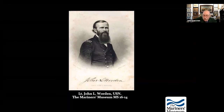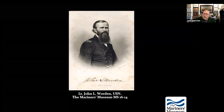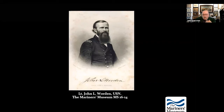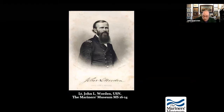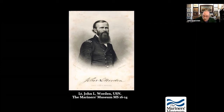And Worden's going to meet with Rear Admiral Samuel Francis Du Pont. And so Du Pont, he knows Worden knows ironclads better than anybody else. So he's going to select Worden to take his ironclad and to go and attack a Confederate fort defending Savannah known as Fort McAllister. So there were 10 days to pass before he could leave Port Royal Sound, and that is going to mean that they will reach Ossabaw Sound, Georgia on January 24th, and he is in command of a flotilla,